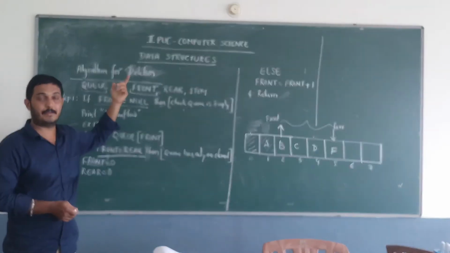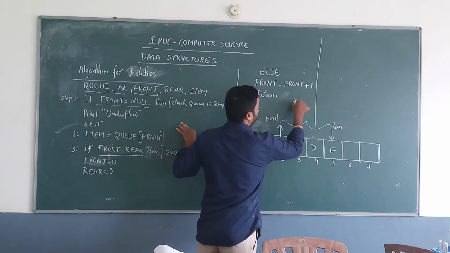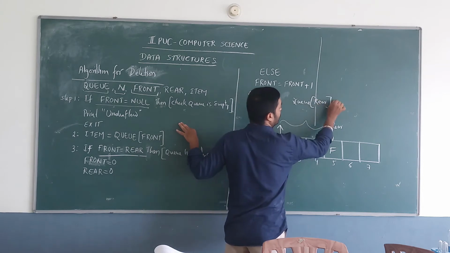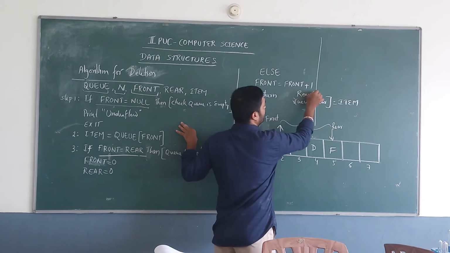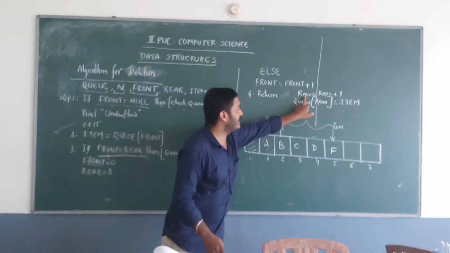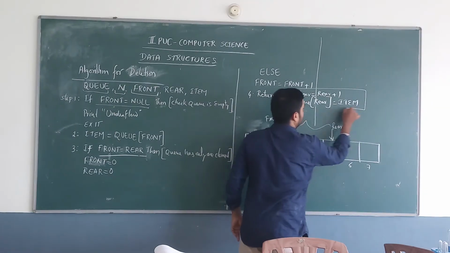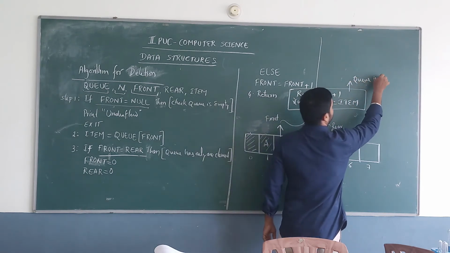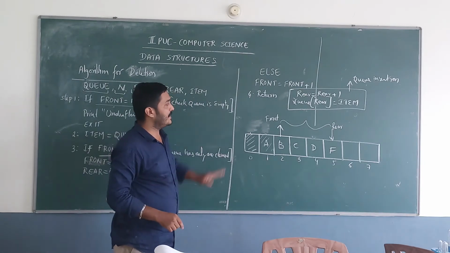In Q insertion, what do we have to do? We just need to specify Q of rear equal to item, and before this, rear equal to rear plus 1. So first rear equal to rear plus 1, then Q of rear equal to item. These two statements belong to Q insertion, and under Q deletion,